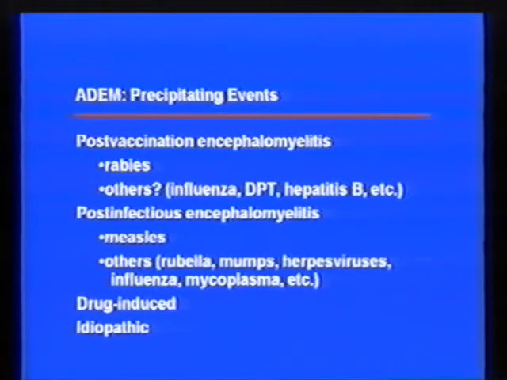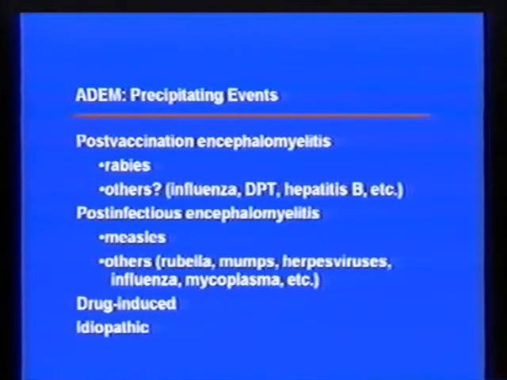So I'm going to spend some time talking about this. Again, there's a long list of other vaccines that have been implicated here. Hepatitis B vaccine has been on the hot seat recently, and the relationship between that vaccine and demyelinating events and multiple sclerosis has been the subject of a lot of investigation and controversy.